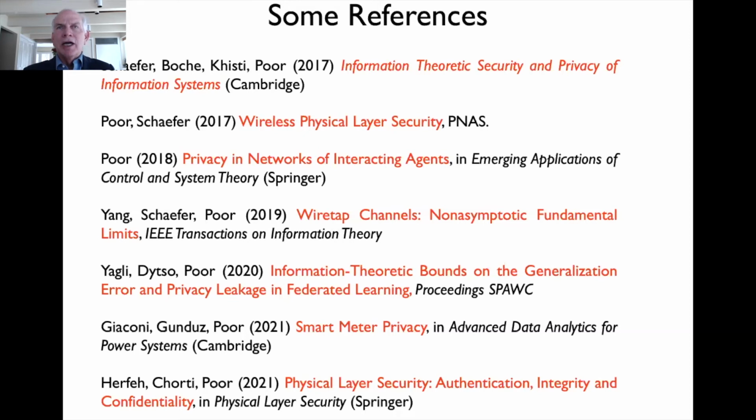Sure. The whole game for the legitimate receiver is to disadvantage the eavesdropper, and the game for the eavesdropper is to disadvantage the legitimate receiver. So if it's an active eavesdropper, there are things that can certainly be done. And in IoT, of course, you could do spoofing or man in the middle, all those kinds of things could come up. They're not exactly in the context that I've talked about here, but there is work of an information theoretic nature on those kinds of problems too. But that's a whole other area. And yes, there is research in that area.